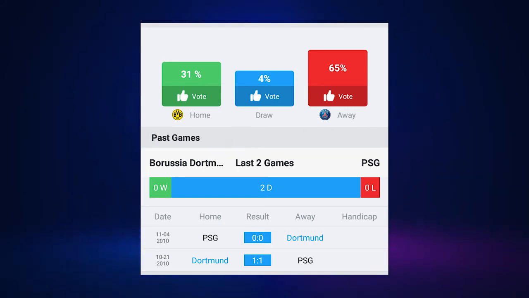So I'll not be surprised to see this going in favor of PSG. I'm going to go with the masses here. When you check the betting odds, it actually favors PSG to take the maximum win. But this is the Champions League. Anything can happen. So we should be looking forward to such a competitive game.